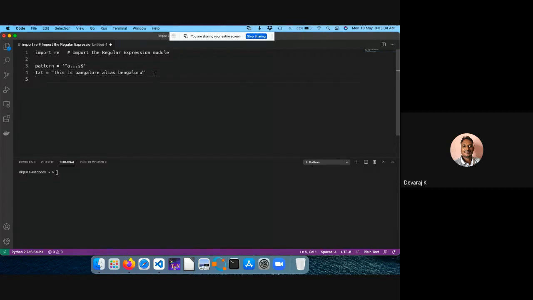Now I will try to search it actually. Some kind of a result or something like that. Let me call it res. Result is equal to something. I'm going to use the re dot, let me use the match function. Match, what I'm trying to search here actually, that is the pattern, comma, where I am trying to search, it is actually the text.